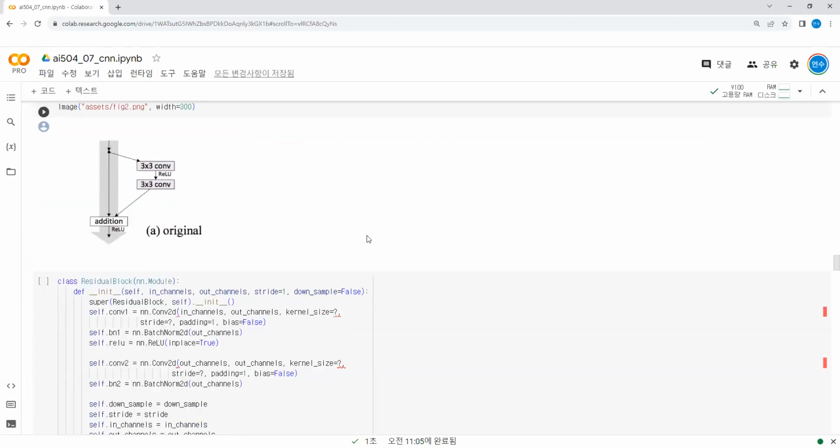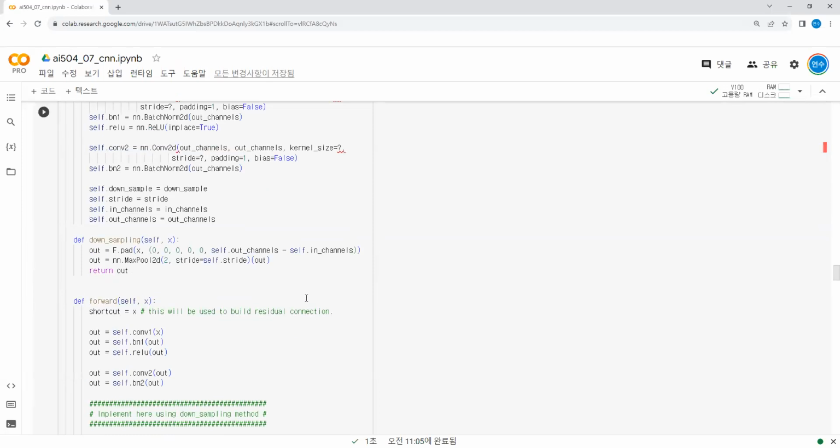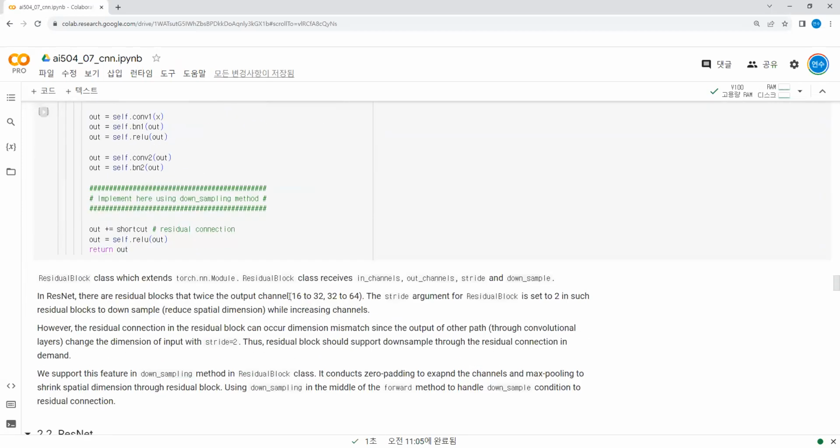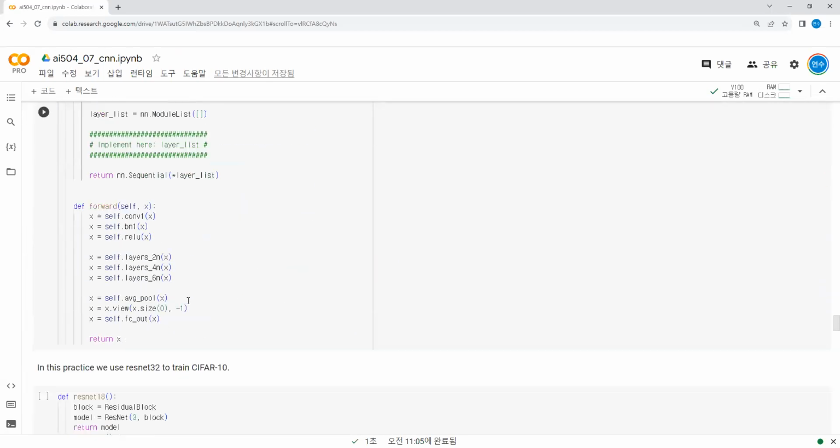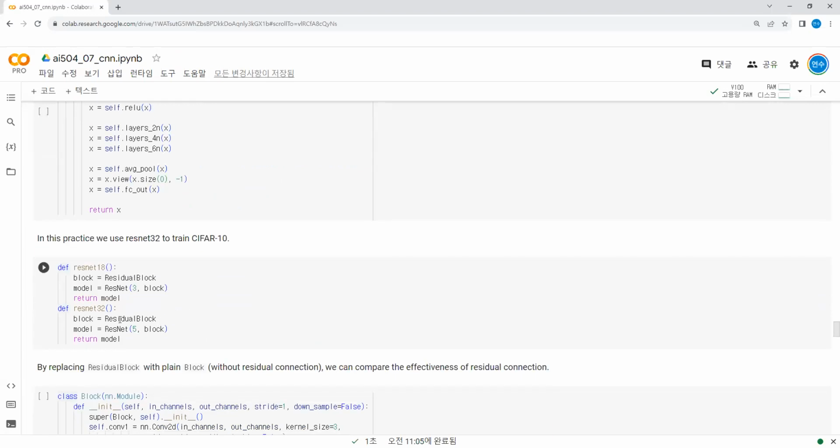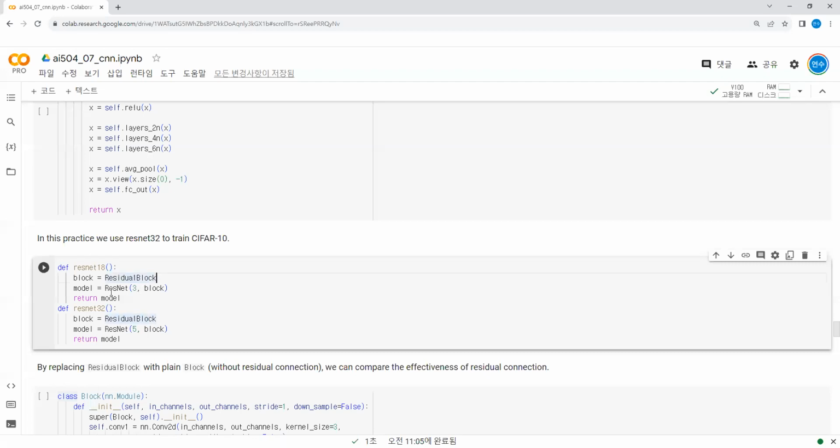For ResNet, we typically design the block and concatenate blocks like this. This block is a residual block, and ResNet 18 means we concat the 3